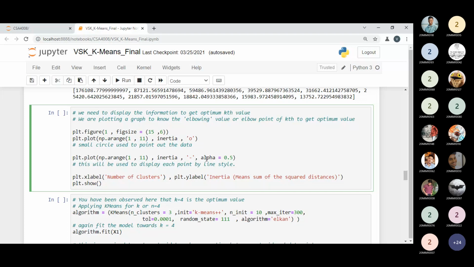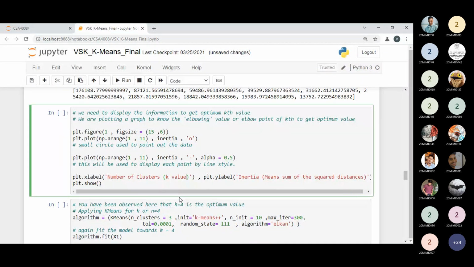Same, I'm printing the line over here, so I'm printing the alpha. Alpha is an optional parameter. If you want to use it, then you can, else you can leave it. And next, I want to print the number of clusters, and the number of clusters means the kth value. So the kth value will start from the number of clusters, or I can write over here inside the bracket, k value.